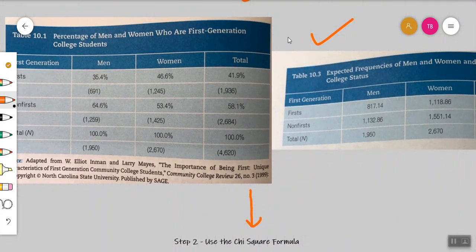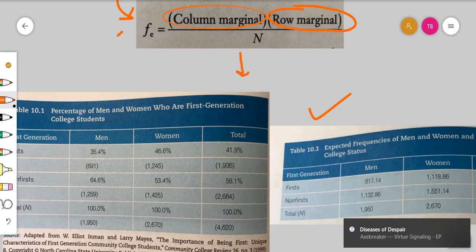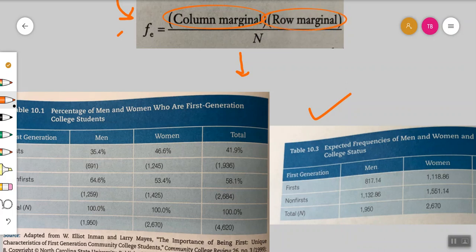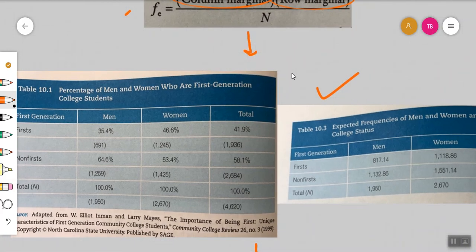So essentially what you're going to do, what you're seeing up here, if you recall, it's column marginal times row marginal. And you're going to do all of that divided by the total number. Okay? Column marginal times row marginal divided by the total number. So you're always going to be looking at the extremes. So here,